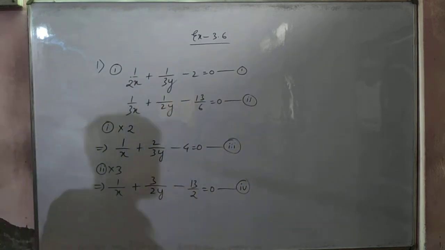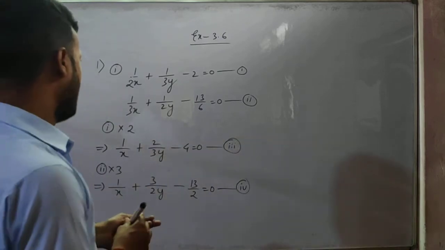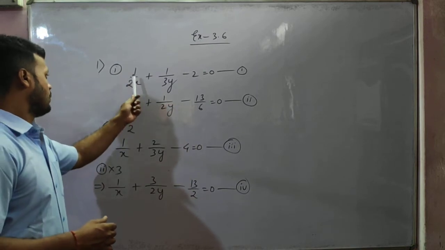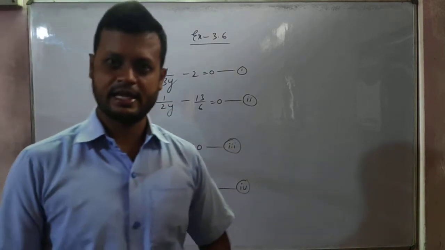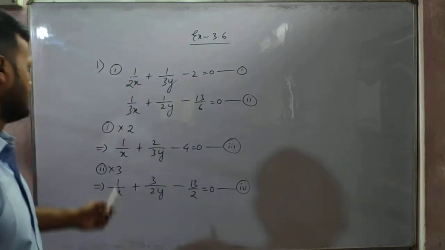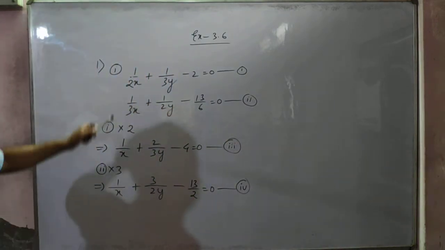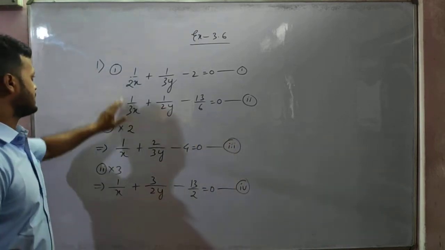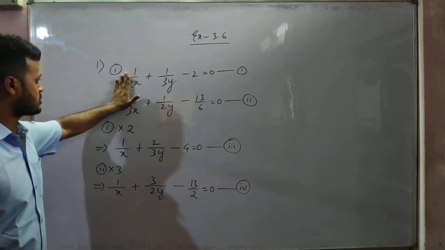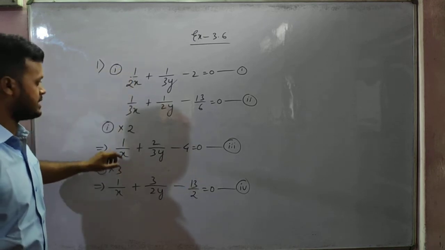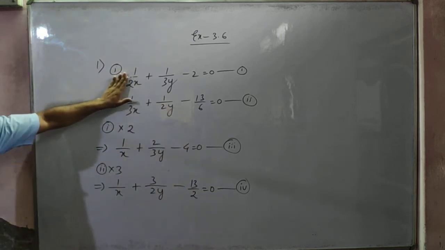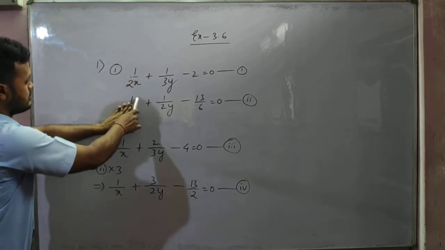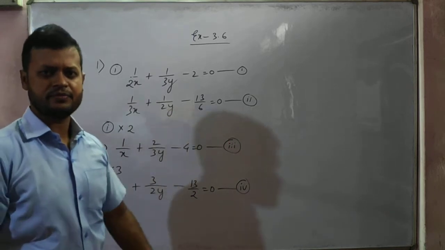See here, all of you. What I saw is that here, students, I just wanted to cancel any one, you can choose. I have planned to choose 1 by x, that means I want to cancel x, elimination method I want to consider. Okay, I want to cancel this 1 by x and 1 by x. So how can I cancel? If this 2 I can remove from here, then 1 by x will stay here, and if this 3 I can remove, then 1 by x will stay here, then easily I can cancel, isn't it?